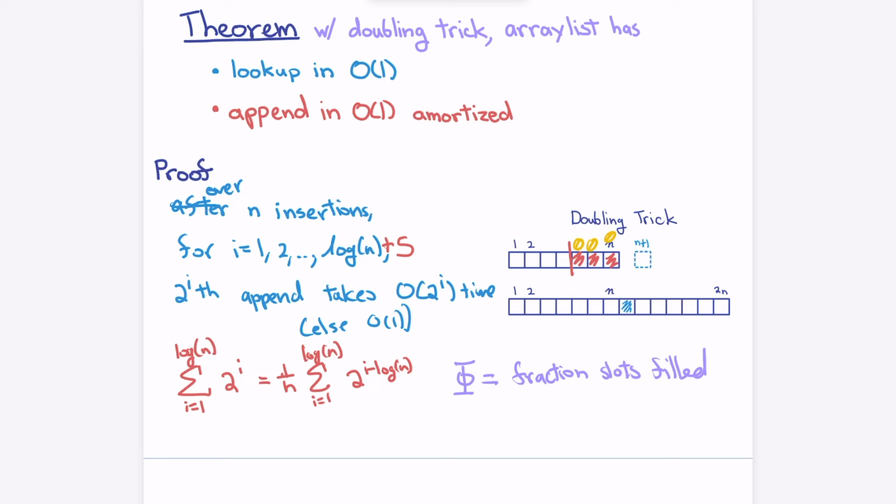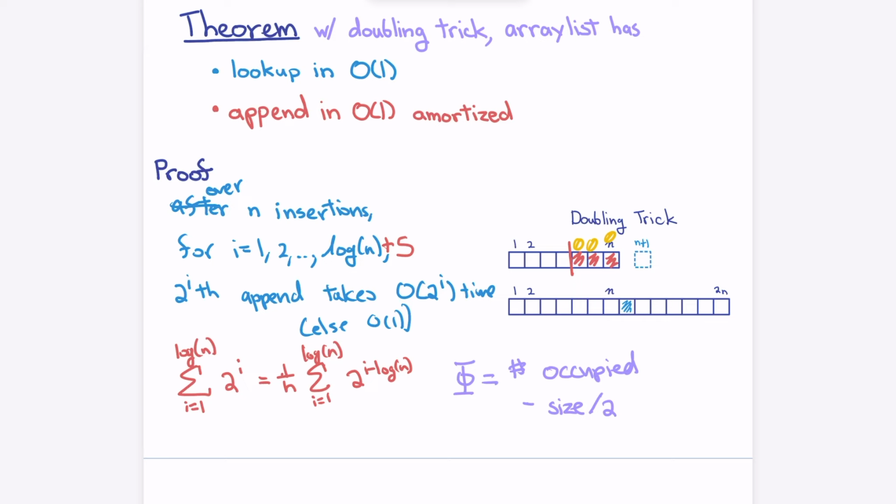So ideally we want the potential to be very high when this is filled, and it's going to go back down when we double, so that it can pay for the work. Yeah, we can do that. Just make sure. Okay, let's do that. Minus the size